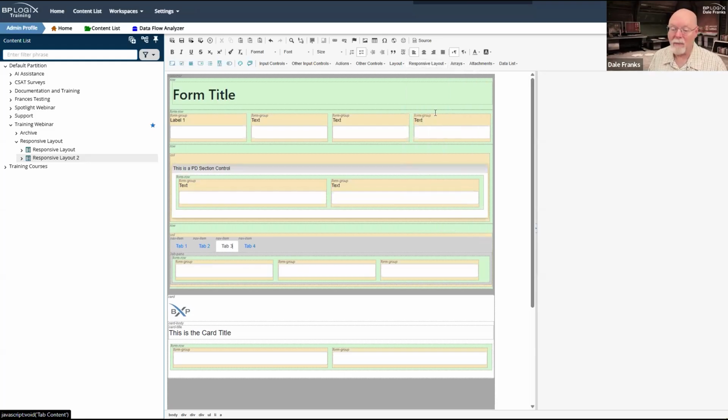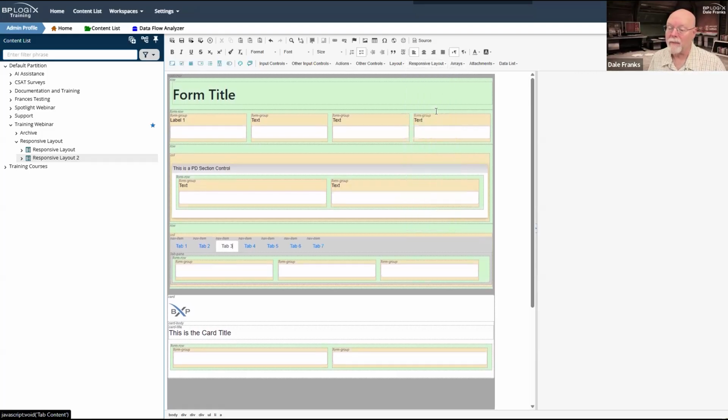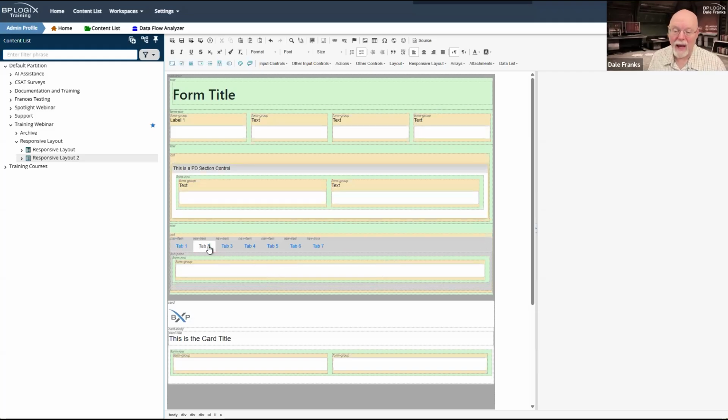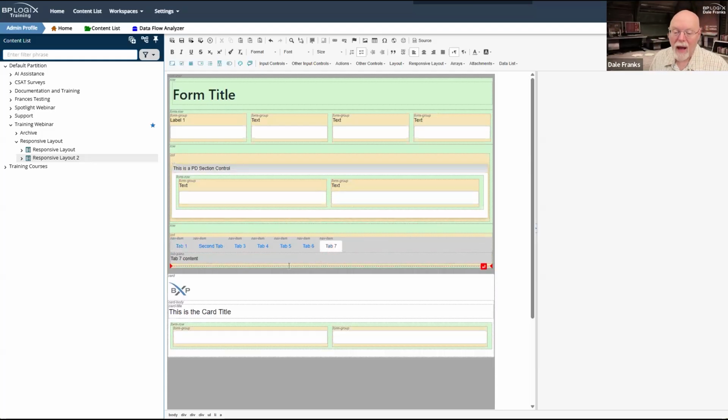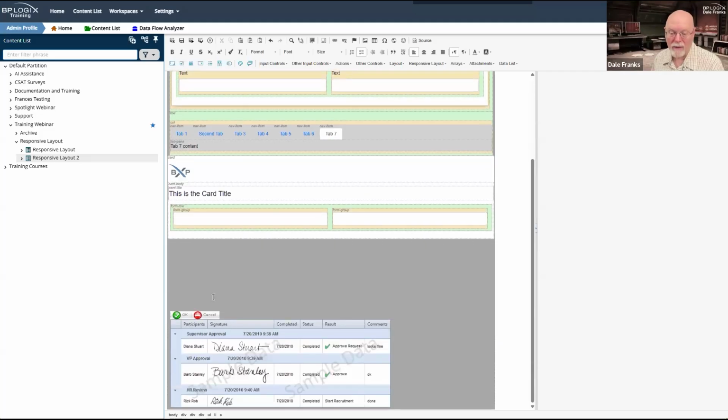So for this control, if I just need some more tabs, I just add the tab content. And so I can have the tabs that I want. And of course, all of these are editable right in the UI, so they're kind of easier to use. Again, once you get everything set up in Process Director in the design view, the last thing that you're going to want to do is go through and get rid of any extra rows that you have.